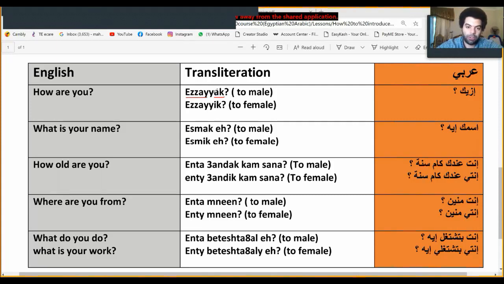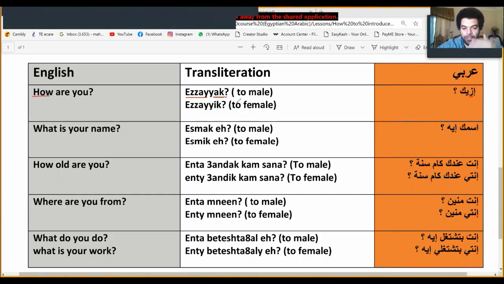Okay, here we learned two things. ازاي means how. And I have Z twice because I pronounce it twice. And I have Y twice because I pronounce it twice. This is very common in Arabic to pronounce the same letter twice. If you're looking at the Arabic spelling, you will see this letter is only written once, but we pronounce it twice. Anyway, ازيك. And this ek at the end is you male.